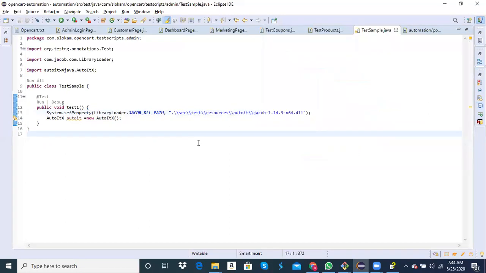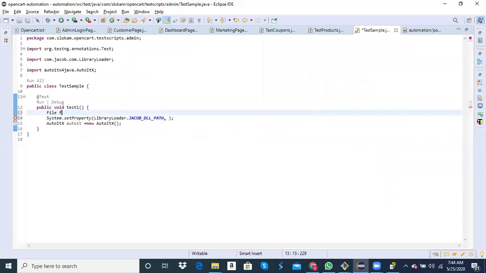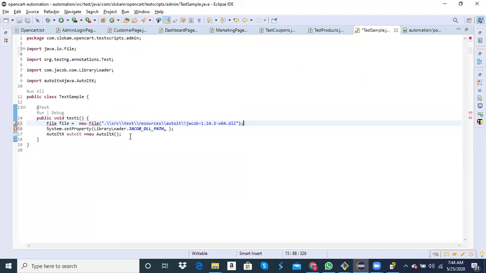So the relative path is not able to be stored. That's why, generally, the approach that we follow for this is we create a File equals new File, and inside that file you provide this. That means now you create an object of the class called File.